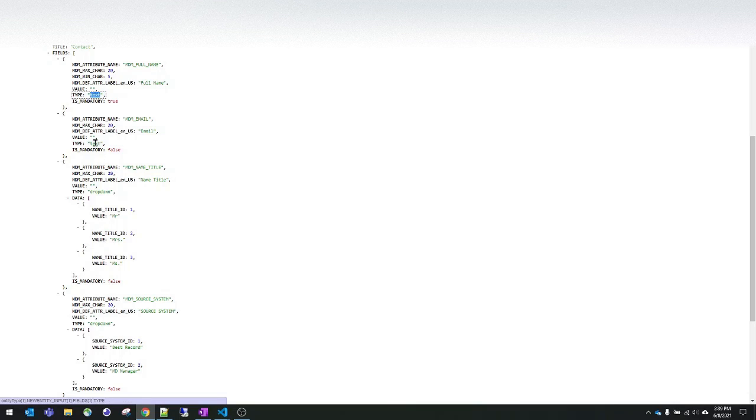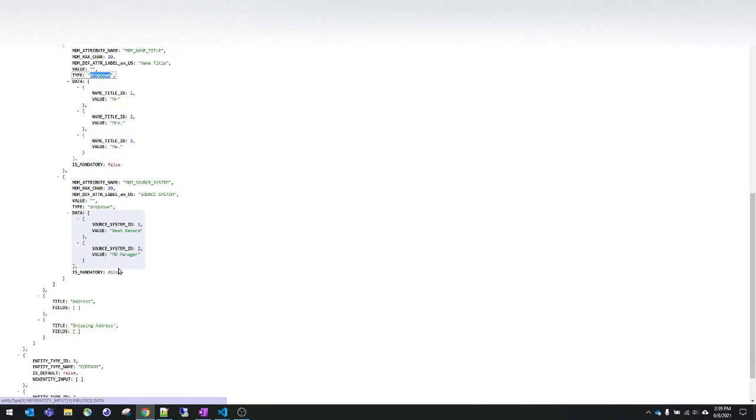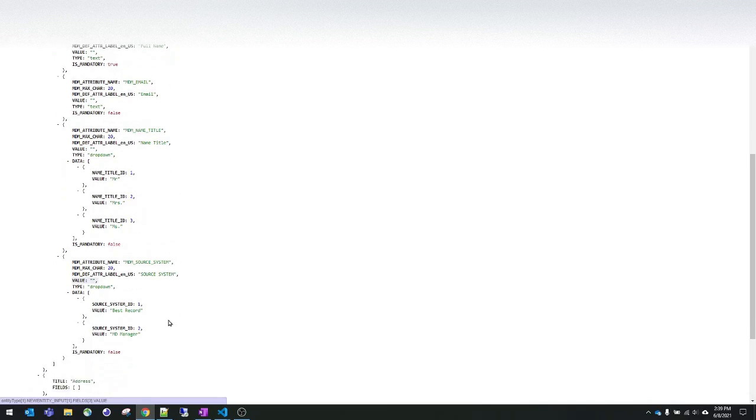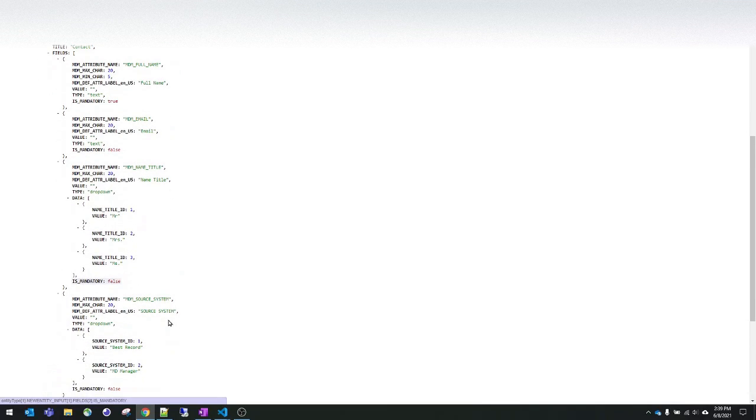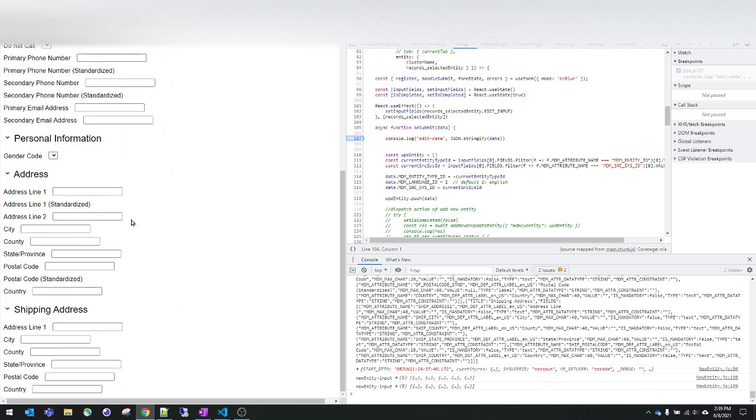Those are text types. Something like a title, or name title, is probably going to be a drop-down. The default value is empty, and you fill in the data like Mr., Mrs., Miss, and so on and so forth. If this is our data form, basically you can add anything you want. You can add address, you can add shipping, anything basically. This is a staging and nested structure, so we're going to convert this to something similar like this